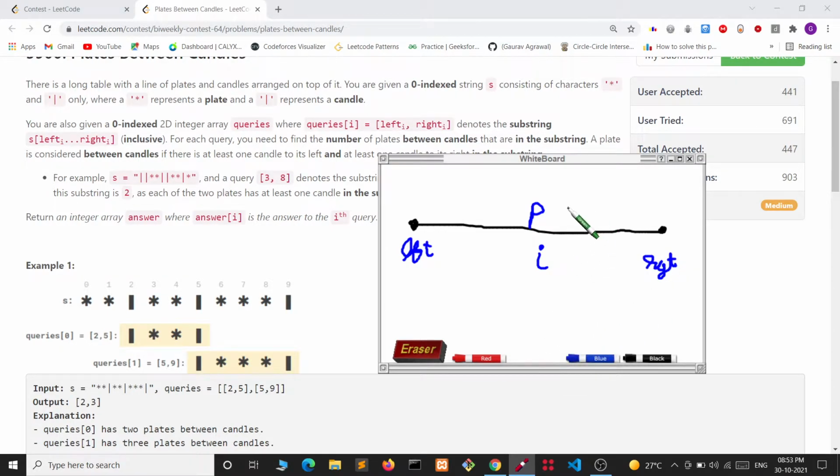We just need to check whether some index exists which is less than or equal to right and has a candle there. Similarly, we need to check on the left for some index which is greater than or equal to left and has a candle there. Then only this plate will be able to contribute to our answer.